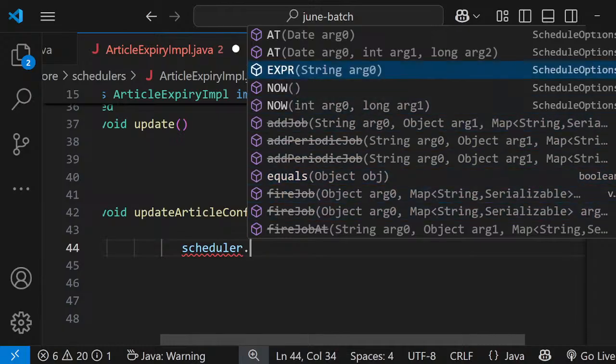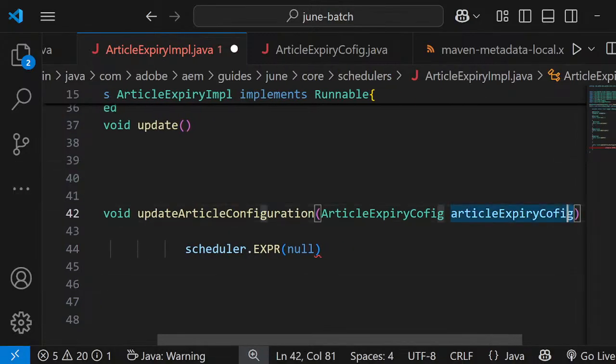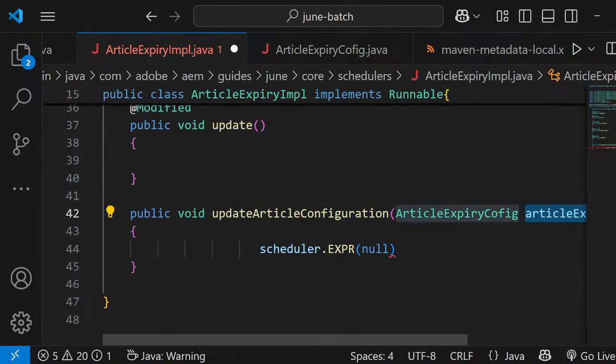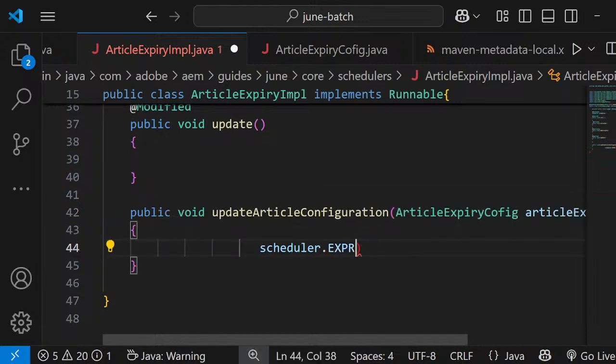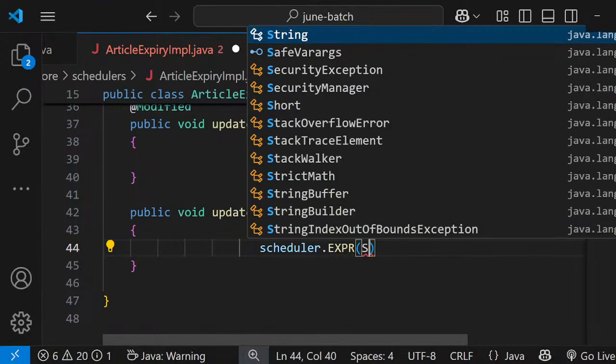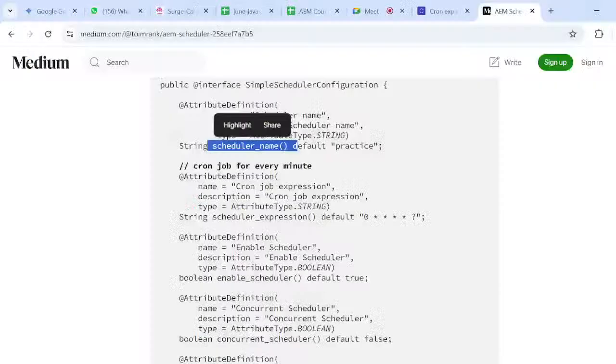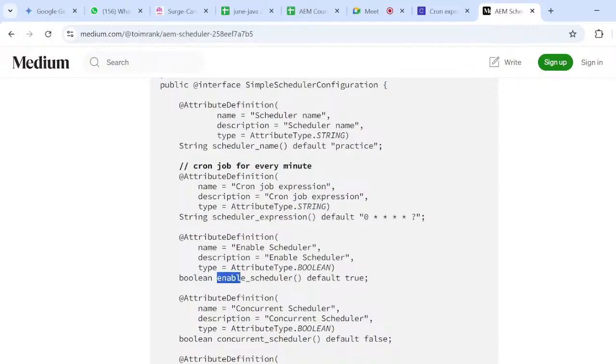This one only. And for this, we need to mention this one as scheduler options dot. We can take scheduler case also. We take in the scheduler name, scheduler expression, enable the scheduler,